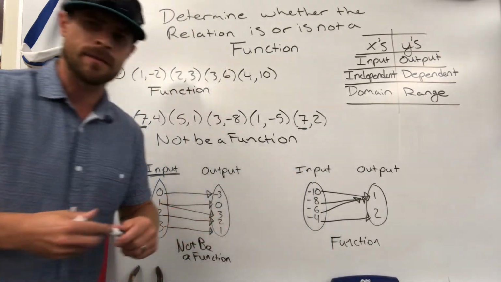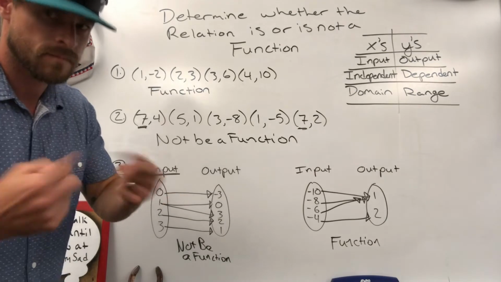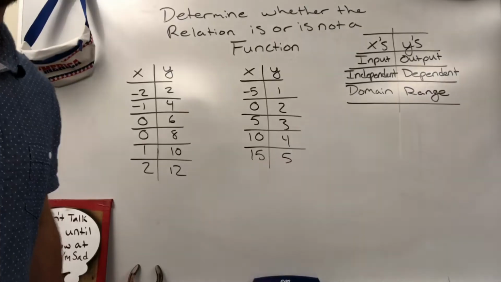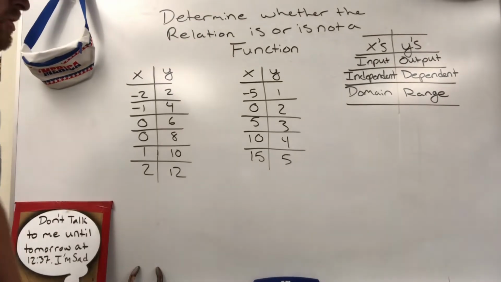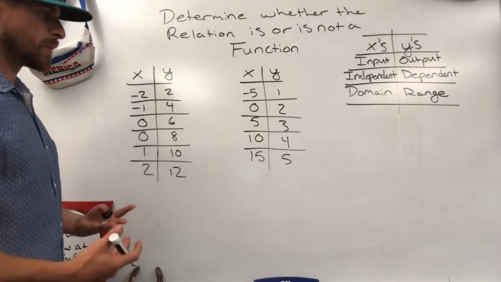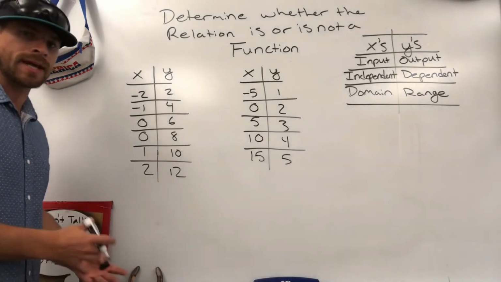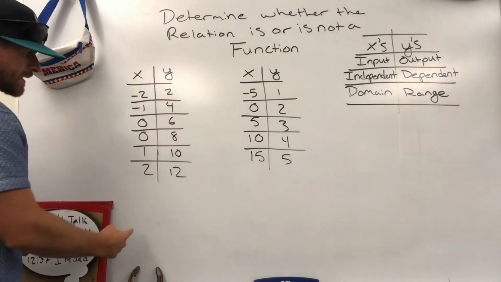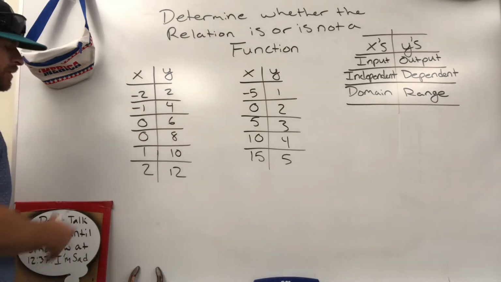For every input, there can only be one. Hopefully you're on the other side of that screen saying output, one output. Now what you're looking at is a table of values. We got an X and a Y column table. We have to determine if every input produces one and only one output. And so again, you're looking to see if you have duplicates in the X column